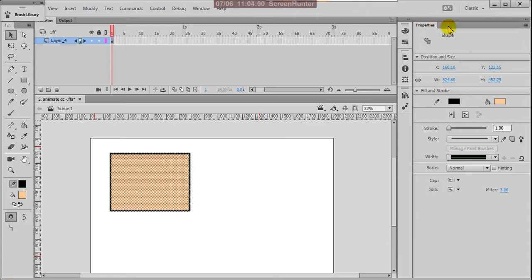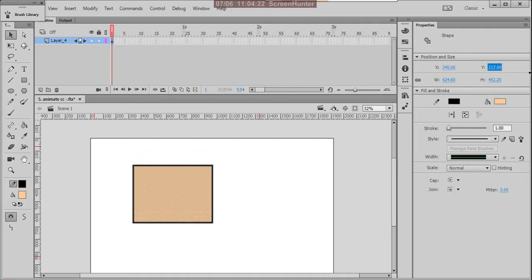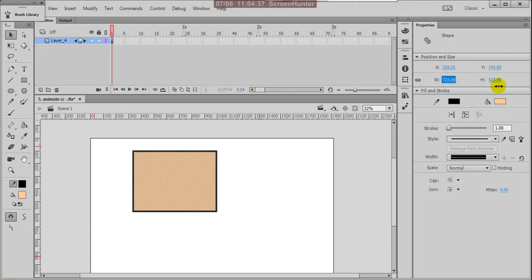In the properties on the right side, under position and size, it shows X and Y, and W and H. If you drag the X axis, your box moves horizontally, and on the Y axis it moves vertically. You can also type the value, and your shape will move by that much. Here it is the width: you can decrease and increase it.